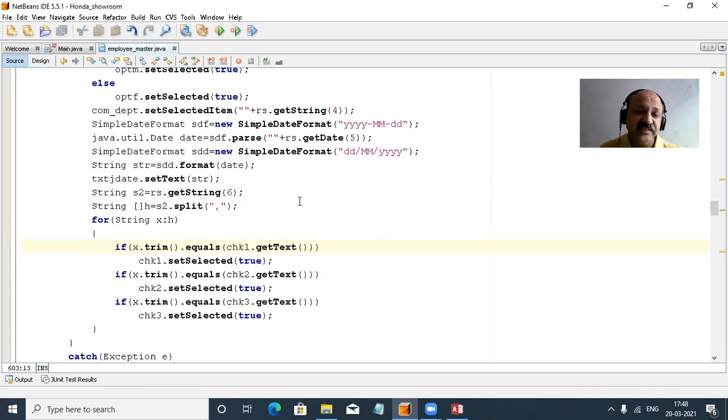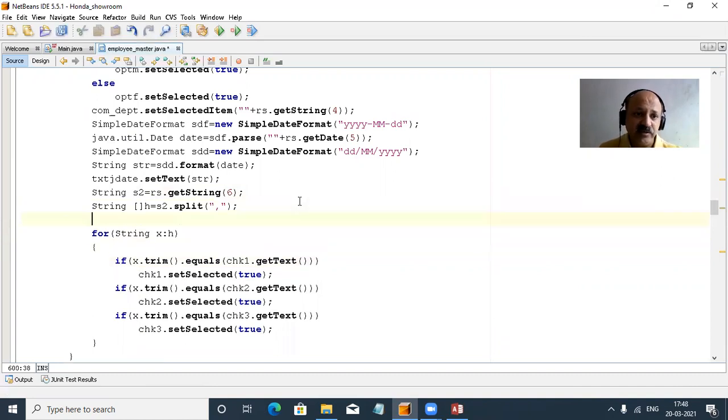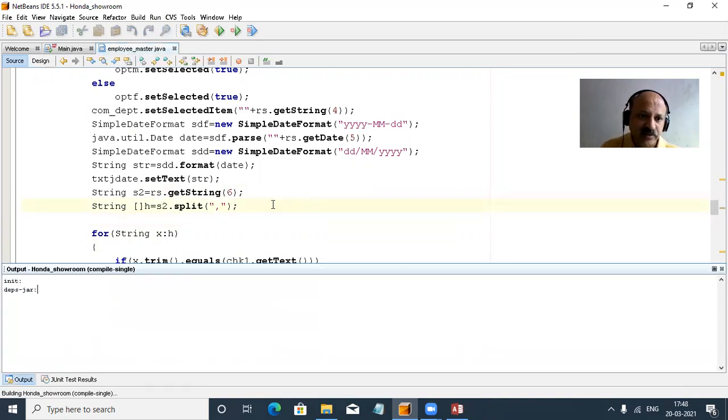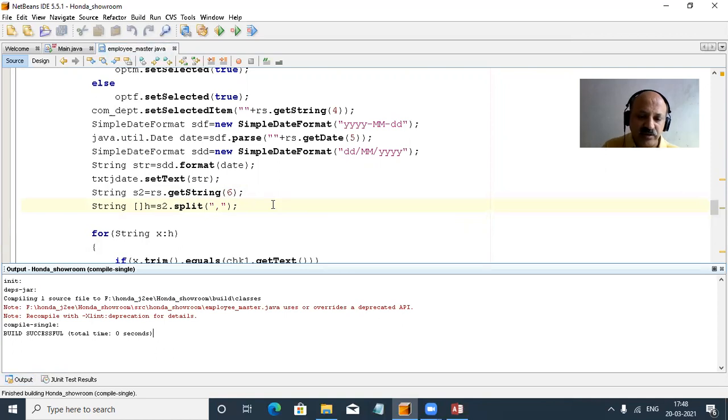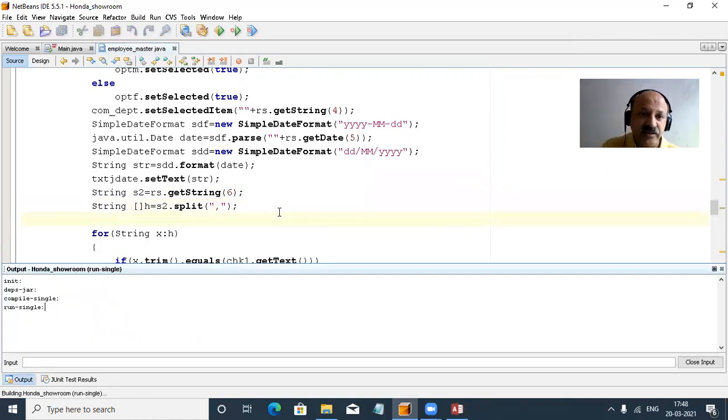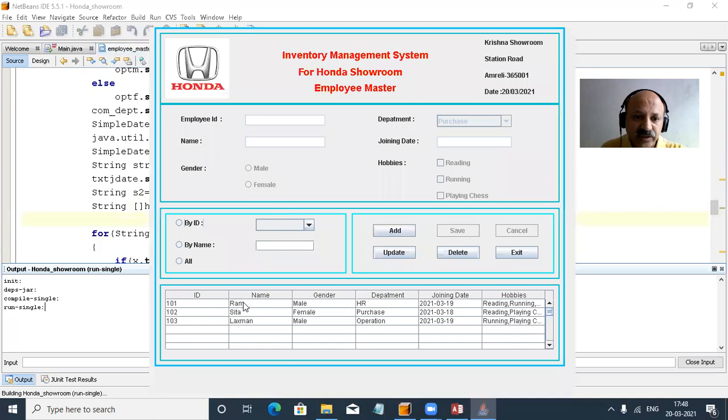So first we can deselect. Yes, that is better. So yes, chk1. So yes, I can give this condition. So again I run. First press compile. So yes, I give the first idea of how I can take that coding. I give the first record, yes, proper, but now I take the second record.